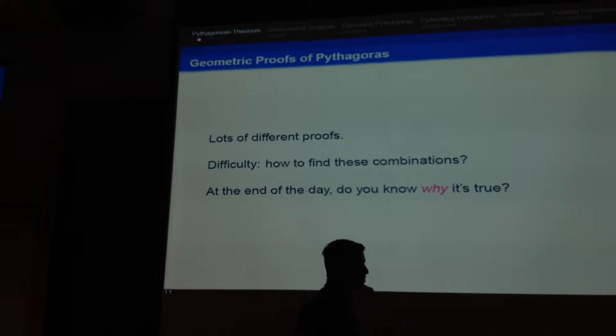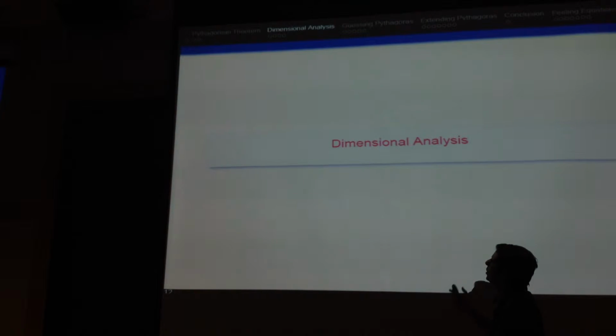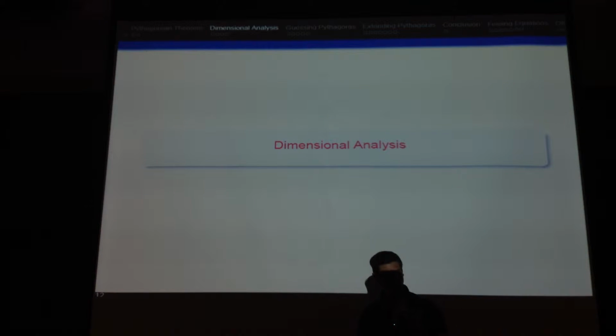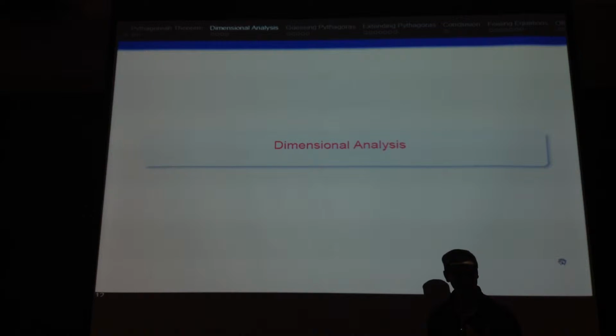The goal is not to do difficult proofs. The goal is to do enlightening proofs, proofs that will help you get a sense of why things are true. So I want to talk about dimensional analysis. For the physicists here, for the chemists here, you hopefully do stuff like this, factor labeling, all the time, keeping track of units. We don't do this nearly enough in mathematics, keeping track of